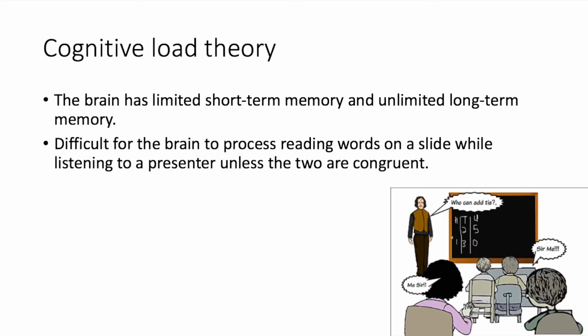The first thing I learned, cognitive load theory. This theory states that the brain has limited short-term memory and unlimited long-term memory. This means complex decision making adds to cognitive load. It is difficult for the brain to process reading words on a slide while listening to a presenter unless the